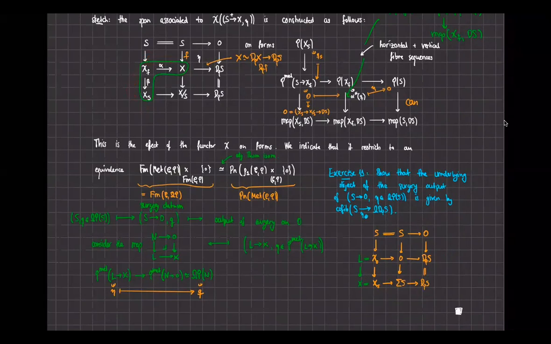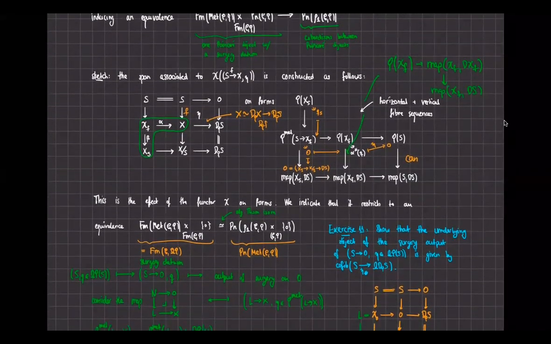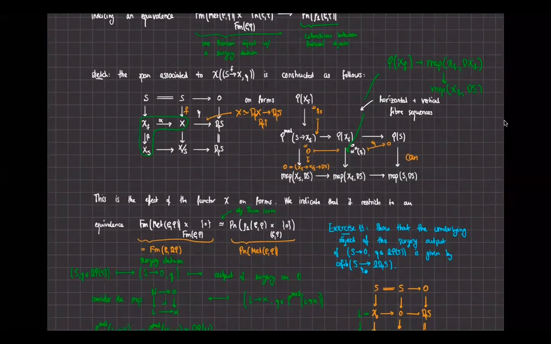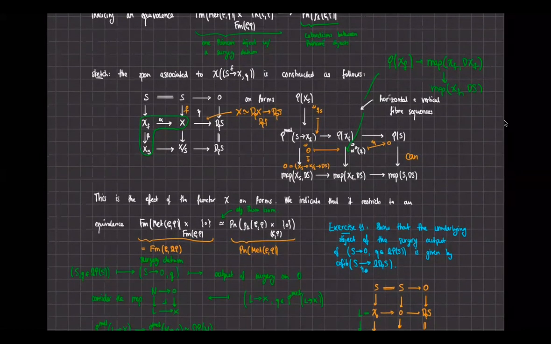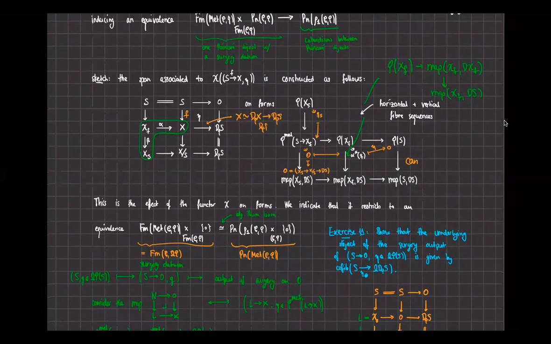And what I want to indicate very briefly is that this particular construction restricts at least to an equivalence if we restrict further, not only along forms in this metabolic category which lie over a Poincare object, the surgery datum on any object, but we can look at surgery data on 0 instead. And so what is supposed to come out is exactly this equivalence, which is precisely the content of the algebraic